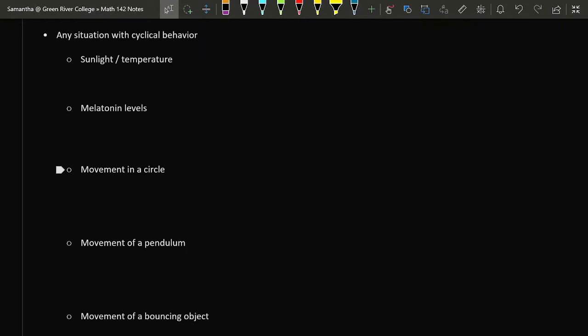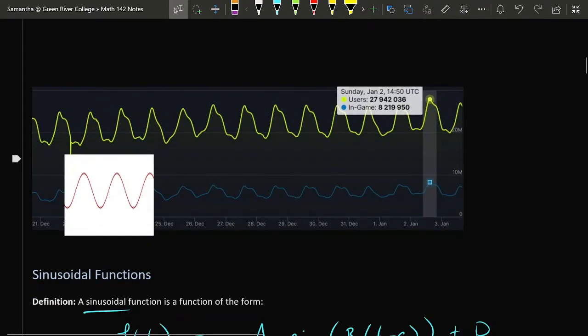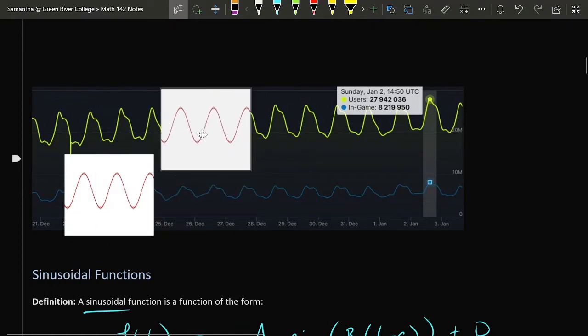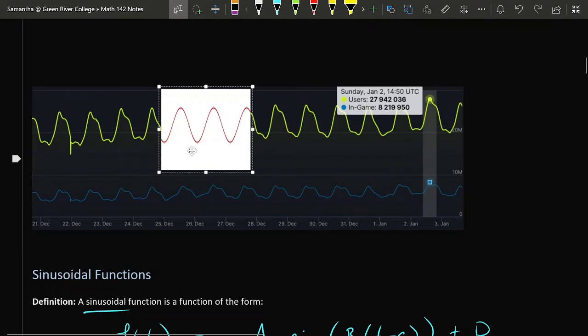A lot of physical things in the body repeat daily, such as the hormone melatonin, which controls sleepiness. Melatonin reaches its maximum, generally speaking, a few hours after sunset to make you sleepy, and melatonin is at its minimum after you have slept a full night. Now, when we are trying to match a sinusoidal graph to a real-world wave, generally speaking, it's not possible to make the match completely perfect. You can get quite close, but because stuff in the real world has a little bit of chaos inherent to it, the match will never be exactly perfect.